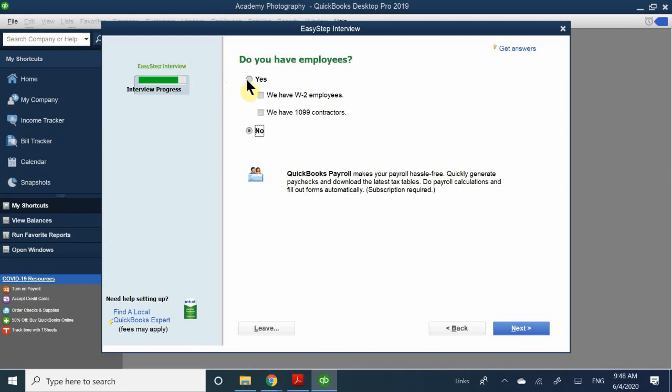Like I said, I don't know why they have 1099, but I'm going to say yes, we do have W-2 workers, and yes, we do have 1099 employees. Now, if you're a small company and you're the sole proprietor, you can actually not have employees. However, the one rule is you can't, if you are,